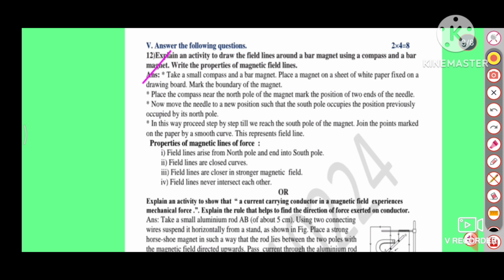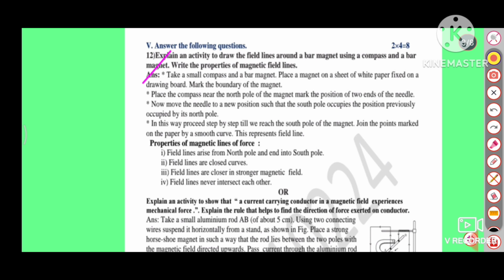Answer: take a small compass and a bar magnet. Place the magnet on a sheet of white paper fixed on a drawing board. Mark the boundary of the magnet. Place the compass near the north pole of the magnet. Mark the position of the two ends of the needle. Now move the needle to a new position such that the south pole